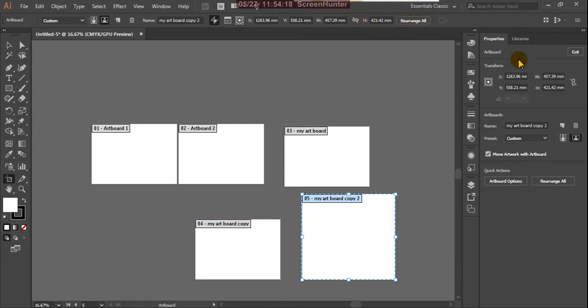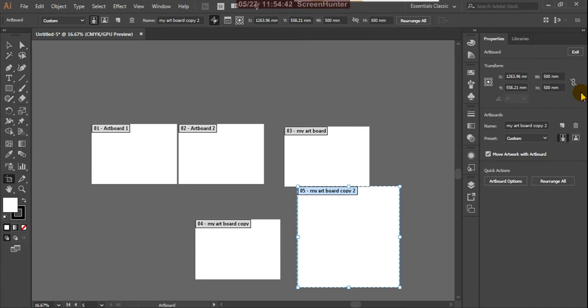Okay, the same thing here, on the right side in properties, the same values are displayed. So this is the x and y value. Okay, and this is the height and width of the artboard. So if you change this, it is automatically applied, suppose I am giving 500 by 500. See, this is your artboard values.